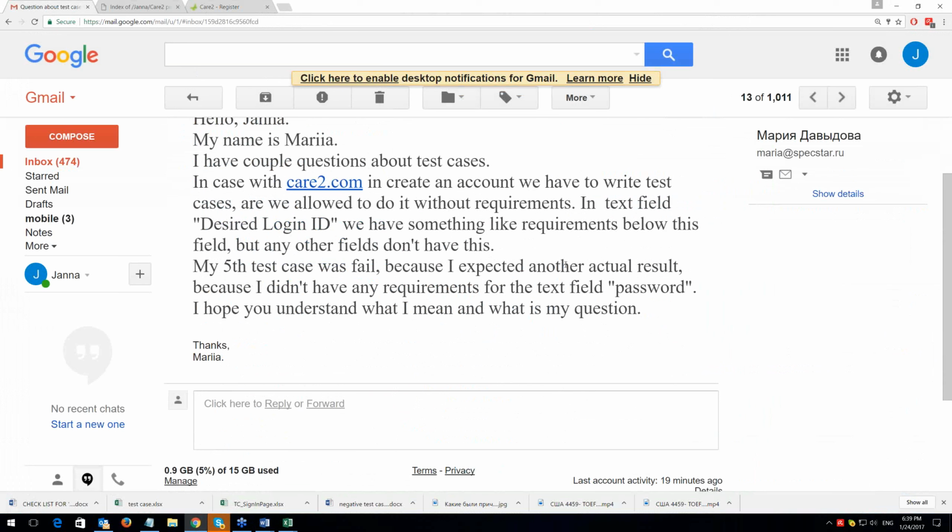It gives us a much better understanding of the real product, the real behavior, the real look and feel, the real functionality. So, to answer the question: are we allowed to do it without requirements? Absolutely. We have to. We want to. How come?